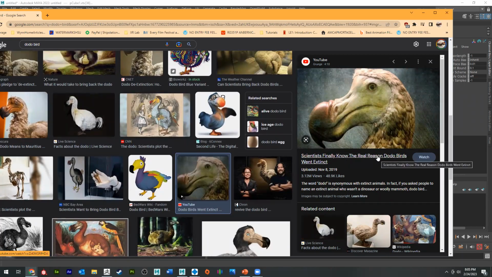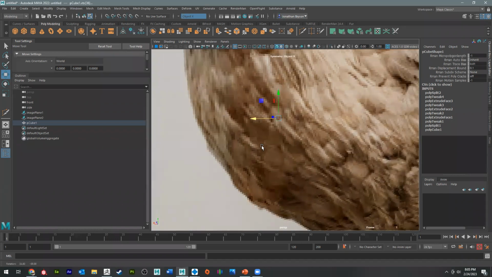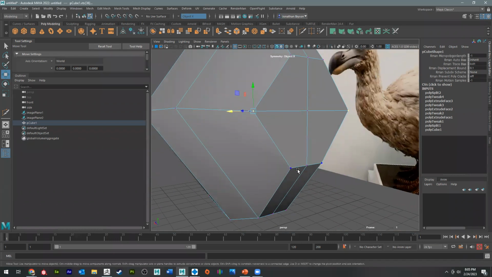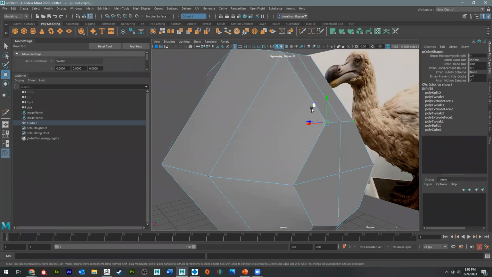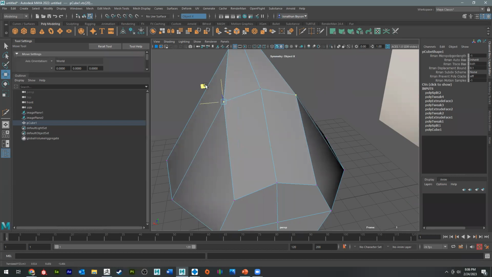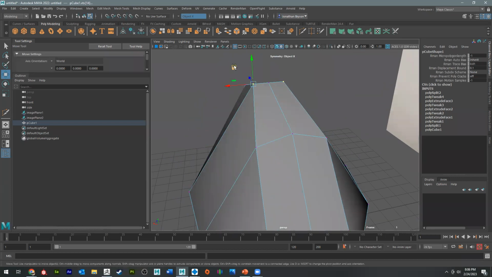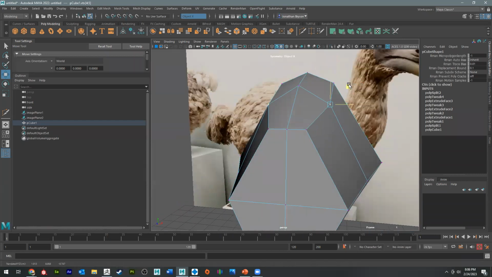Scientists finally know the real reason dodo birds went extinct. Probably due to us. I'm going to say humans. We did not help the situation. In terms of reasons, I feel like they would say, yeah, it was probably humans. We had something to do with it, maybe. I don't know. It's like those MASH videos. It's like, we finally know the real reason why Burger King is so awful, because it's not good food. I believe that wasn't a mystery. Anyway,